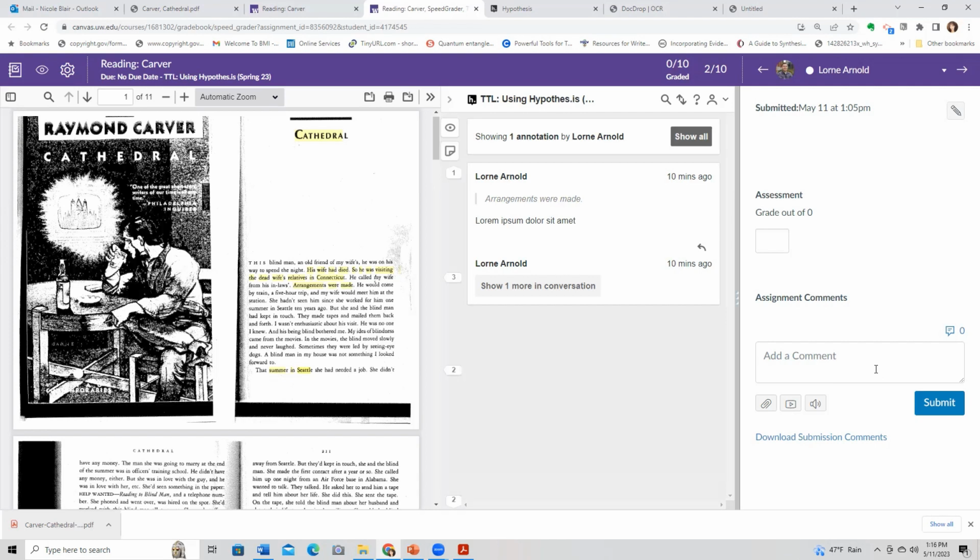And one thing I like about what's happening in this view is that it's much like, in some ways, a Canvas discussion board when you're speed grading. You have the discussion on one side, private comments on the other. But in this case, it's much easier. If she wanted to reply to that comment she sees there, she can just reply right there. You don't have the rigmarole of trying to get the right thread in the discussion board, which I just find very frustrating with Canvas. So she could click the little reply on your annotation and say, hey, I think you want the genitive case for your pseudo Latin here or whatever.